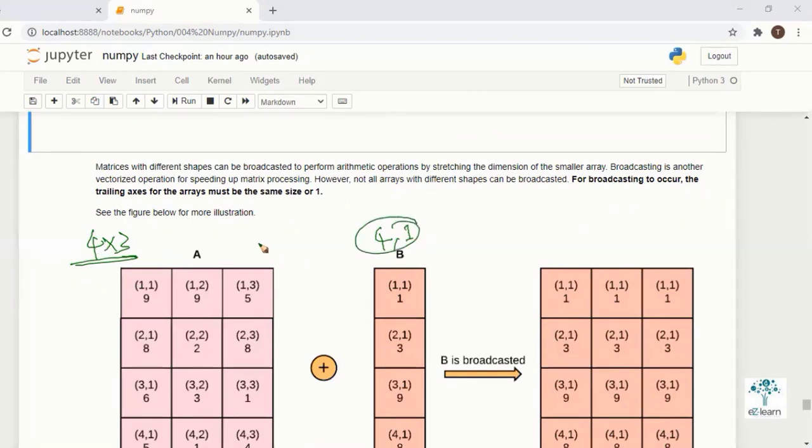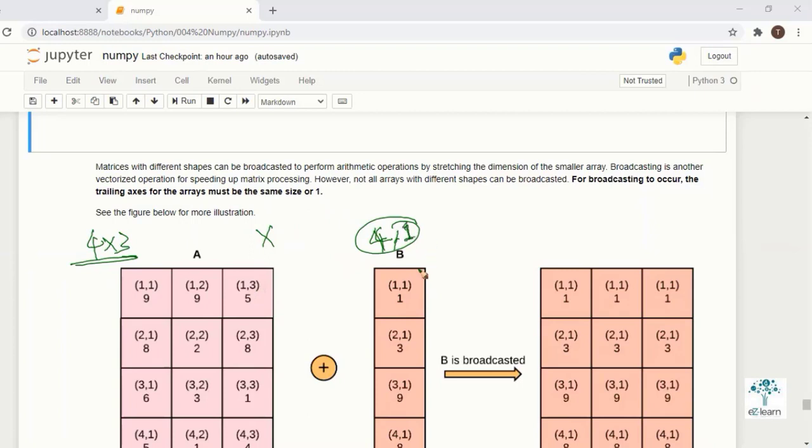Normally it might show an error, but in broadcasting the trailing axis is always 1.